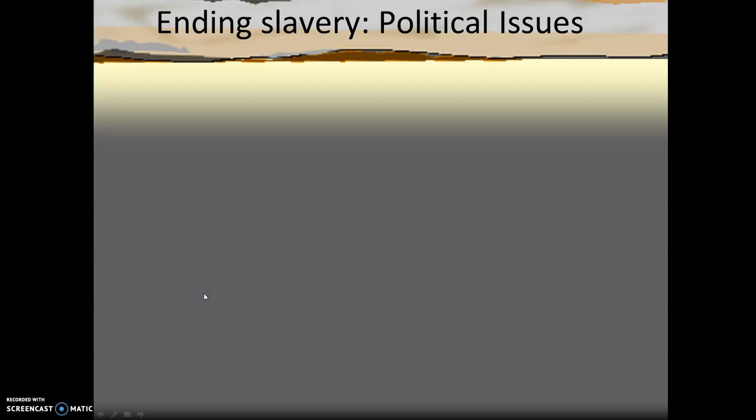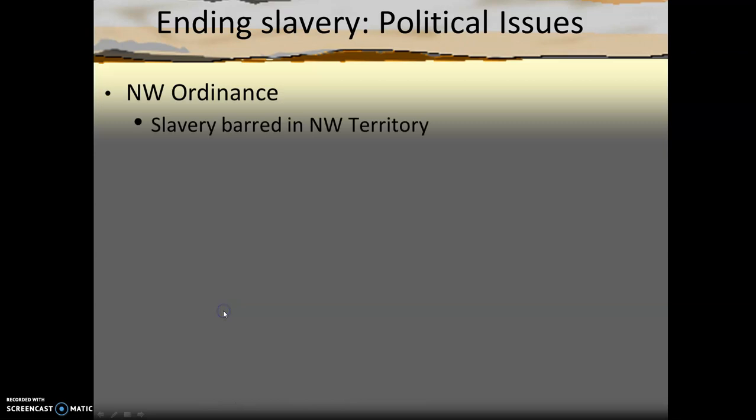The final reform movement we're going to take a look at during this time frame is the movement to end slavery. And it's definitely the most divisive issue of our reform movements. So we're going to look at the political issues surrounding the elimination of slavery, emancipation of slaves. We're going to address different techniques that were utilized, as well as the stories of those who worked tirelessly to